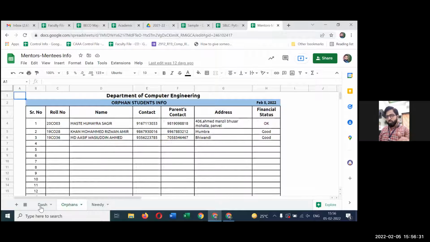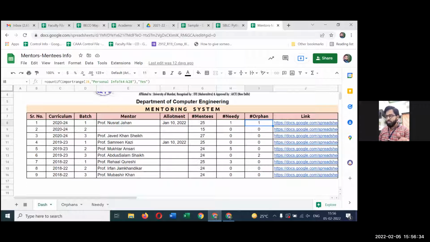वही यहाँ पर जो डैशबोर्ड में इनके लिंक्स में इनके मेंटरिंग टेम्पलेट में जो डेटा मेंटेन कर दे, ये डेटा एक बार ही मेंटेन करेंगे और उसी डेटा को हम यूज करेंगे. यहाँ पर जो भी इंफॉर्मेशन हमें चाहिए, अगर हमें ऑर्फन्स की लिस्ट चाहिए तो हम उसी डेटा में से ऑर्फन्स की लिस्ट निकालेंगे. हमें नीडी स्टूडेंट्स की डेटा लिस्ट चाहिए तो उसी टेम्पलेट से हम नीडी स्टूडेंट्स की भी इंफॉर्मेशन निकालेंगे, provided the data is kept updated. So as a mentor, when I am keeping my data updated, everything over here gets updated. यहाँ पर सब चीजें फिर updated हो जाती है.